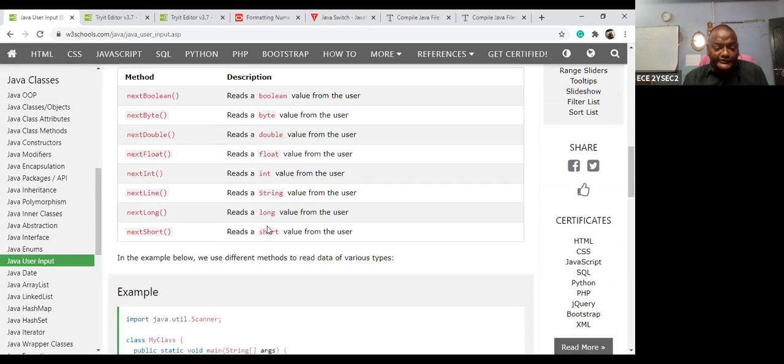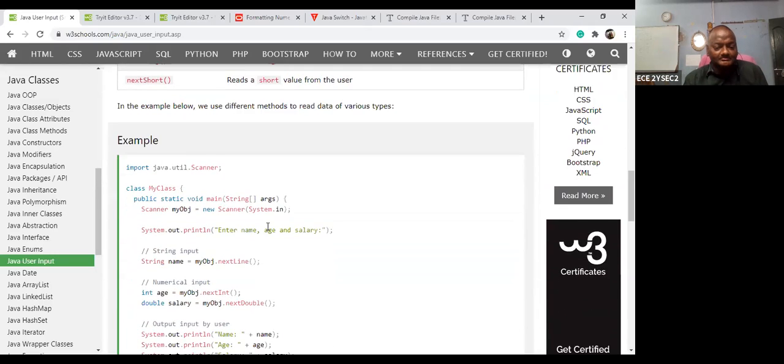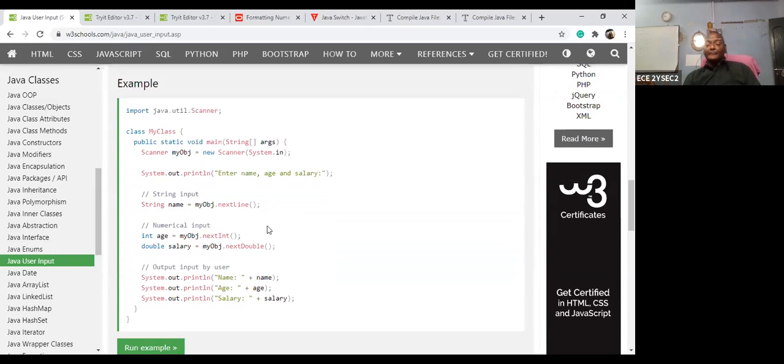Let us take one example. The first thing is you can create an object. If you are using the Scanner, the first thing is to import java.util.Scanner. In the first point, you should create one object.